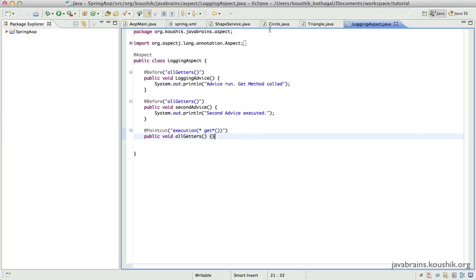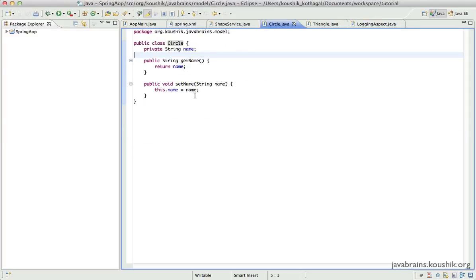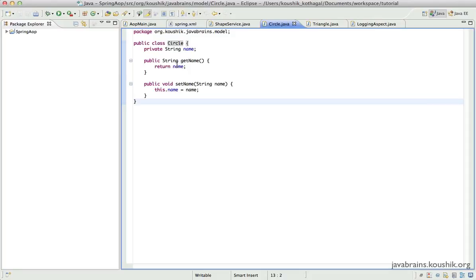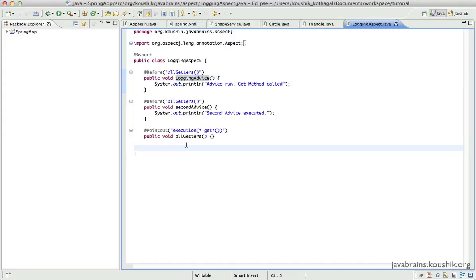So let's take the example of the circle class. Now let's say I have a requirement that I want to write an advice that applies to all the methods inside the circle class. So let's say I want this logging advice to get executed for all the circle class methods. Now, the way I can do that is, of course, by writing a point cut expression, which is something like this: